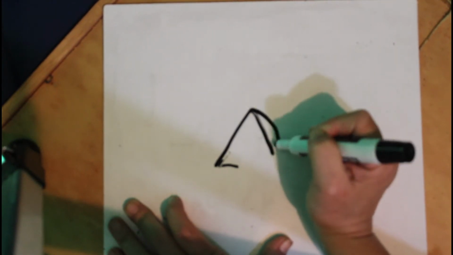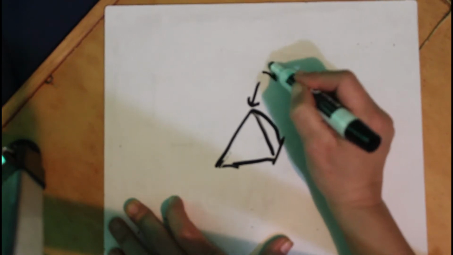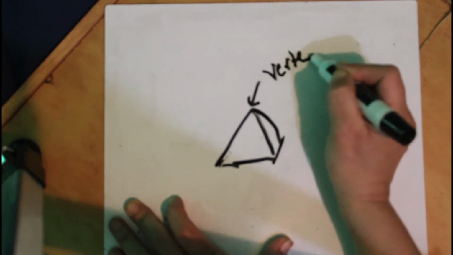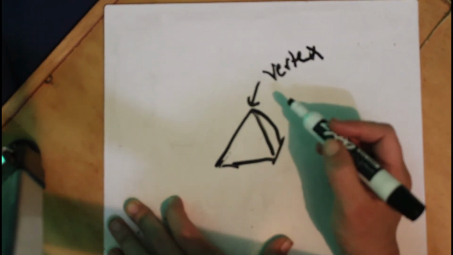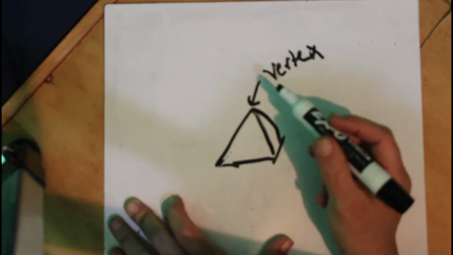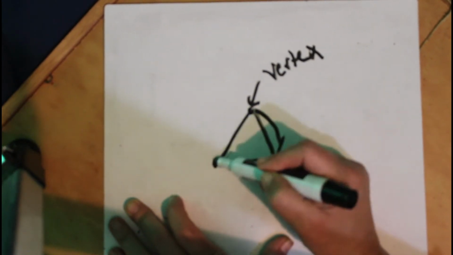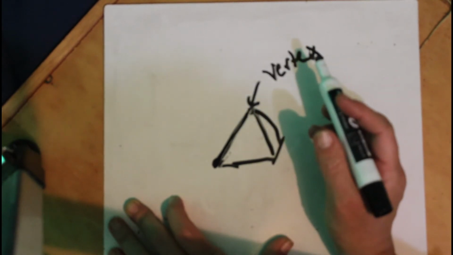What they're going to ask you to do is find the volume of that. First, there's a couple of terms that we want to know. The point where all those triangles meet, right here at the very top, that's called the vertex. And then the slant height is defined for regular pyramids. The slant height is going to be the height from here to here, how slanty it is. And then